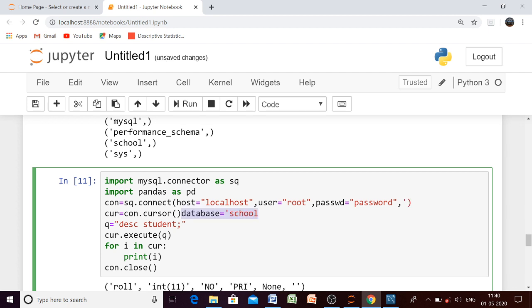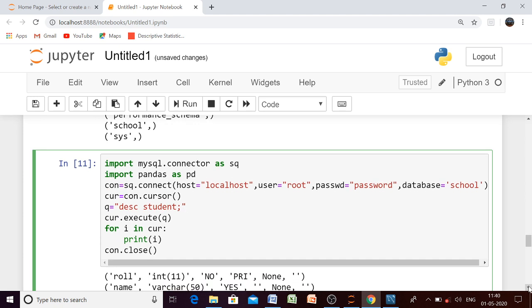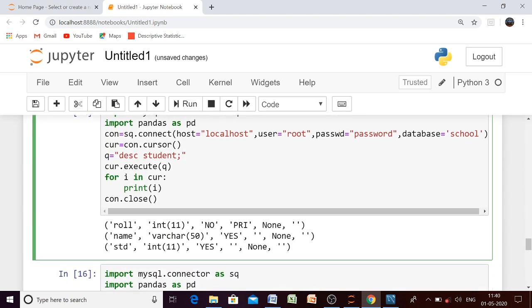So this parameter is mandatory. The same steps you have to follow, but the change will be here: the SQL statement will be DESC student. Now here we have the details of our table, roll number, integer, all these details.